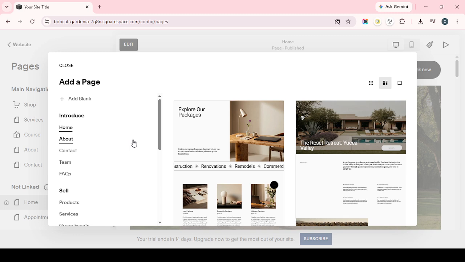Next, open the individual form block settings on the page where your form is located. This part is important because form storage can sometimes be managed at the specific form level, not just globally. Once you open the form block settings, look for the connected storage options. This will show you how that particular form is configured and what destination is currently linked to it. If you have multiple forms on your site, be sure to check the correct one, since each form may be